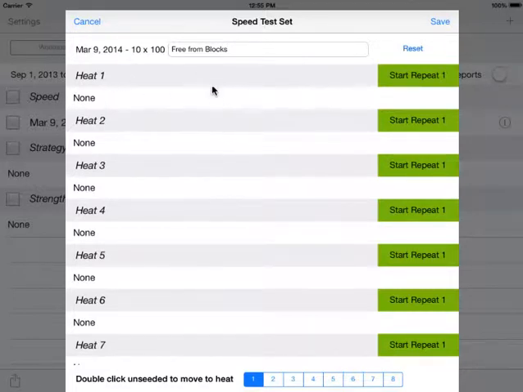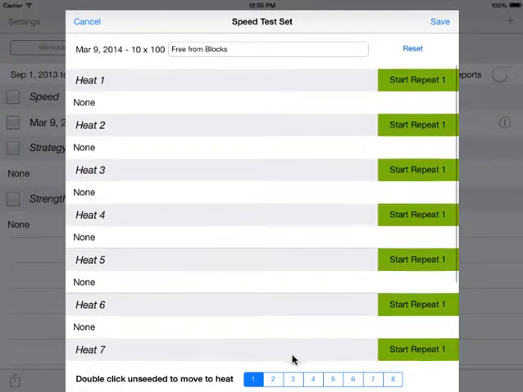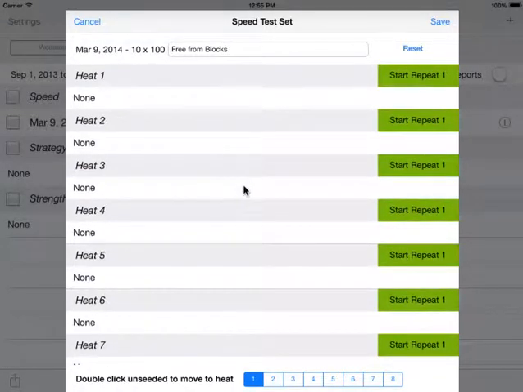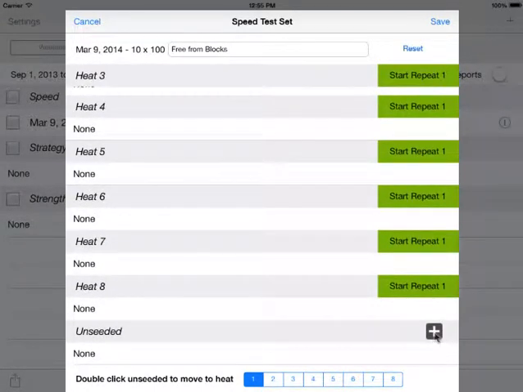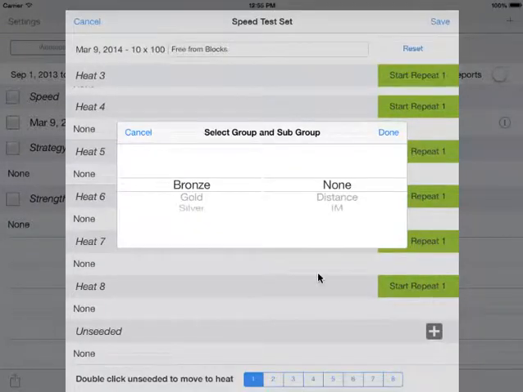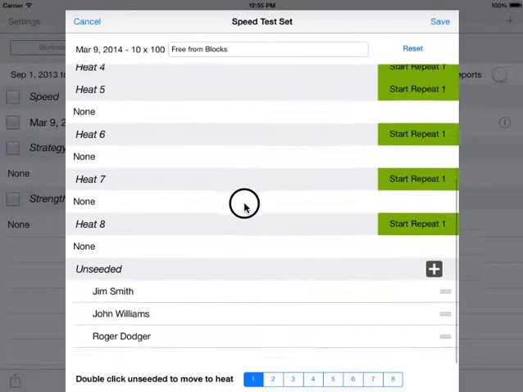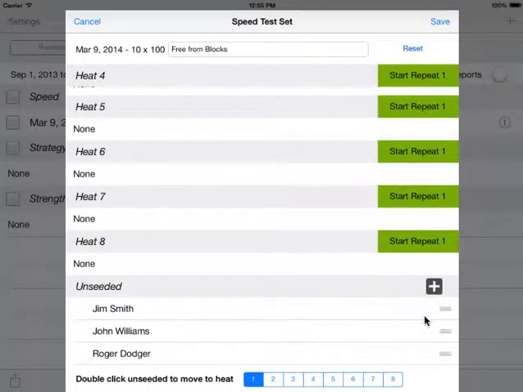You see that you have your test, and you have a number of different heats set up. What we need to do first is go in and add swimmers to this test. We can scroll down to the bottom to the unseated section, and what I need to do is find a group. I know my gold distance group has some swimmers in it. I'm going to find a group that has some swimmers, and I can put these swimmers in different heats. I can do that either by dragging the little